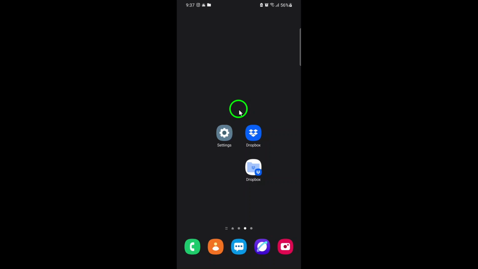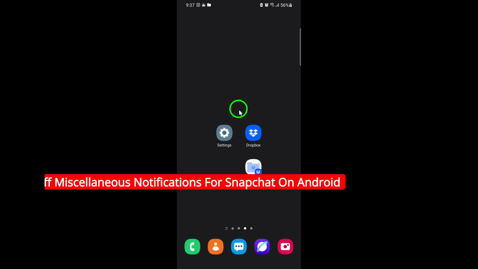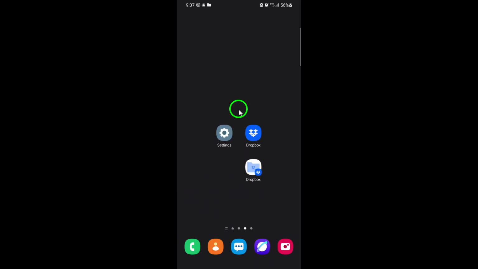Welcome. If you're tired of getting random or unnecessary notifications from Snapchat on your Android device, you're not alone. These miscellaneous notifications can interrupt your day or clutter your notification shade. The good news is, turning them off is straightforward and can make your Snapchat experience much smoother. Today, I'm going to guide you through the simple, updated steps to turn off those miscellaneous notifications for Snapchat on